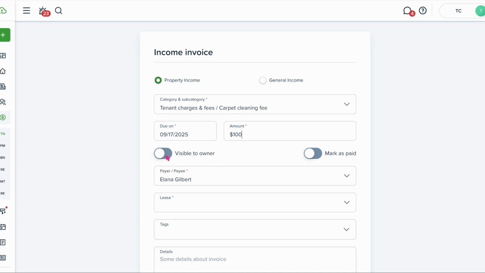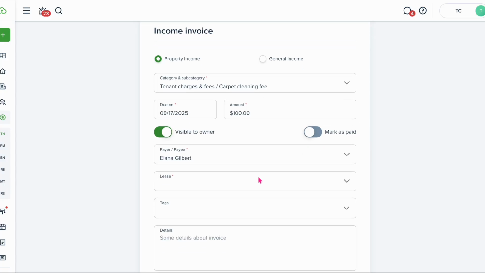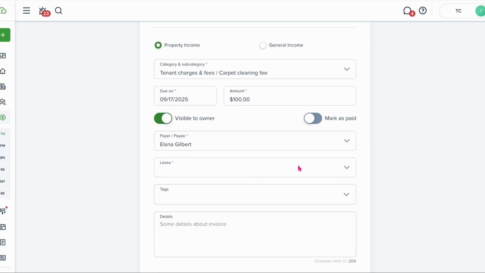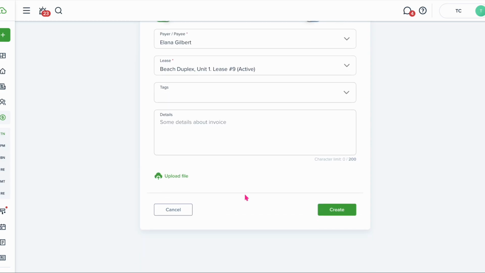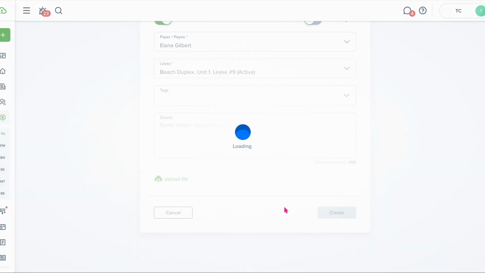I do want to make this visible to my owner so that I can recoup these costs. So I'll go ahead and toggle that on. It will have the payer payee filled out as my tenant, and then I'll select the active lease. Once I hit create,